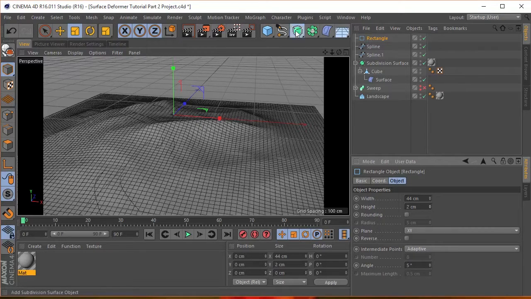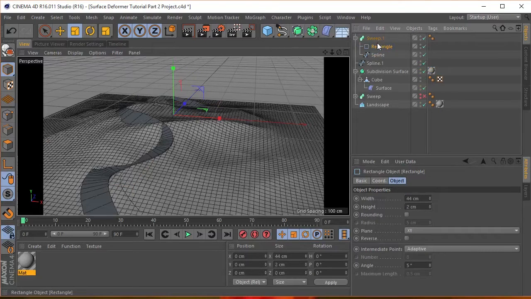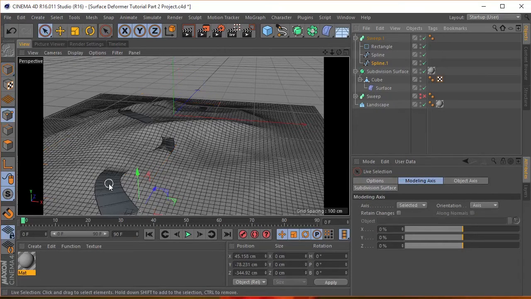And then let's grab the sweep nurb. Rectangle goes in there. Now if we take the second spline that we created, it'll be a rail spline, and if we put that here in the same structure, now if we go back to point mode, as we grab these,